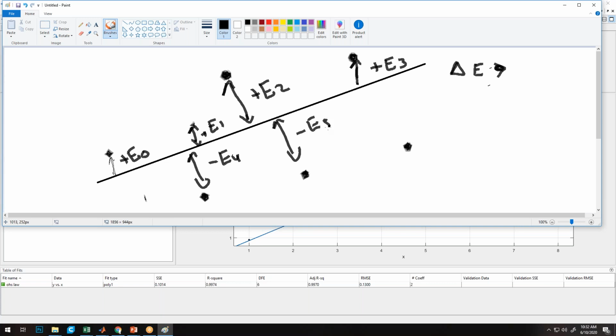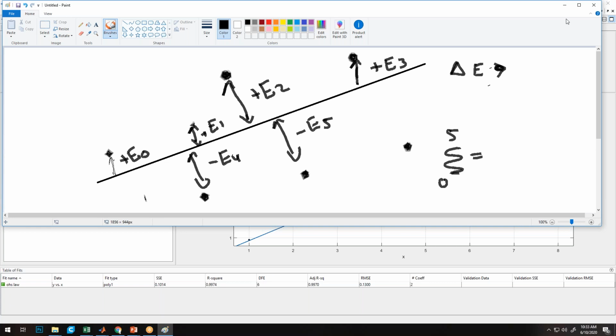So if we sum up all these errors, it may lead to a net very low number, or sometimes it can even come to 0. So direct summation of all these errors, say from i to 5, won't give me a true result on whether the straight line is perfect or not. But if I square each error so that the negative magnitude also becomes positive, and then sum all the errors and take the square root, it will give me a more accurate way to know how the straight line is fitting to the experimental points.